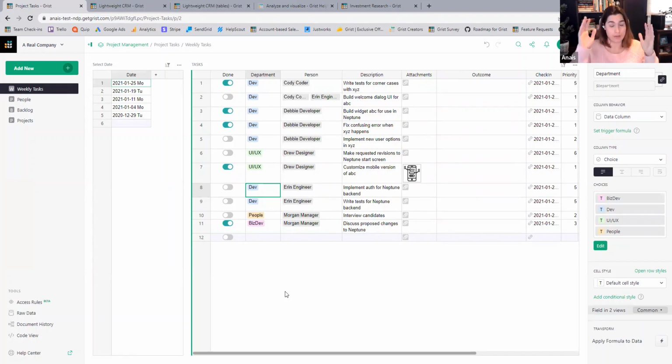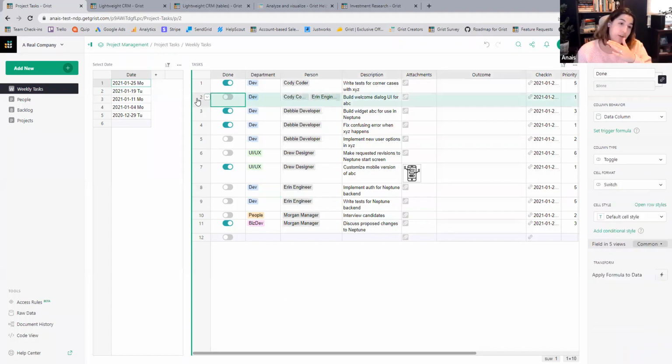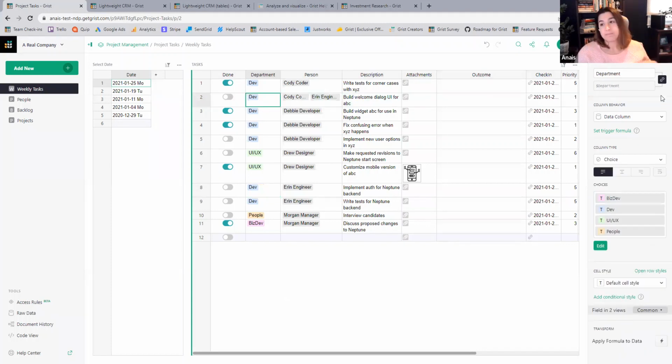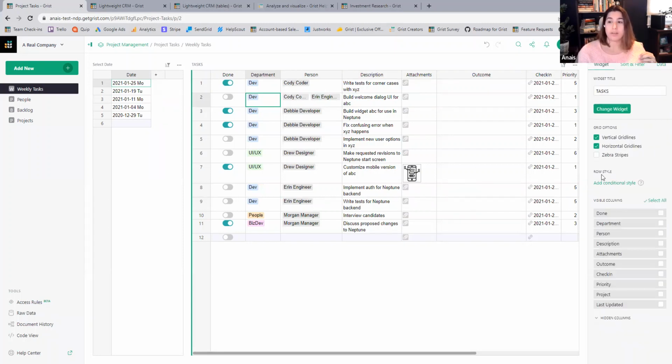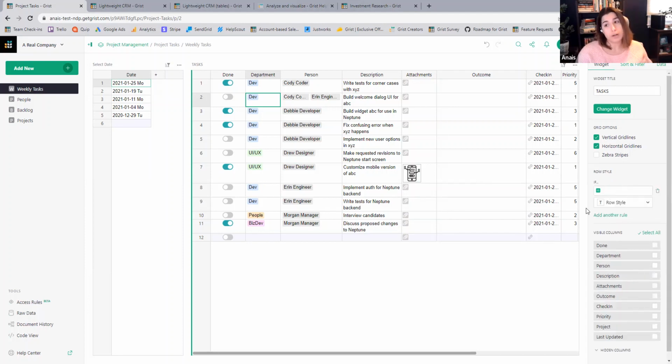So now when you're thinking about your views, you're just thinking, how can I use color to very quickly at a glance get information and be very productive? So what I want here is to highlight the entire row if it's a priority project. So this is something that applies to the whole table. And under widget, there's this option to add a row style, a conditional row style. So what I want to do here is